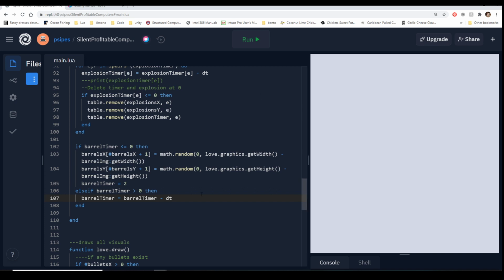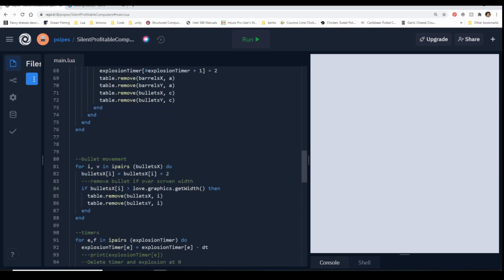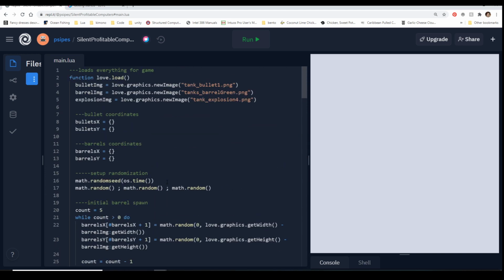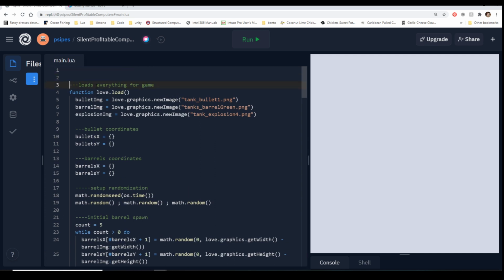let's add another barrel that spawns when you destroy another barrel. Now at this point, before we actually add that in, this is where it's like, okay, we've copy and pasted this enough times that this deserves to have its own function. So what we can do is up at the very top before load, or really wherever you want to put it, but I tend to put functions that I've made that are like specific to doing other things at the very top.